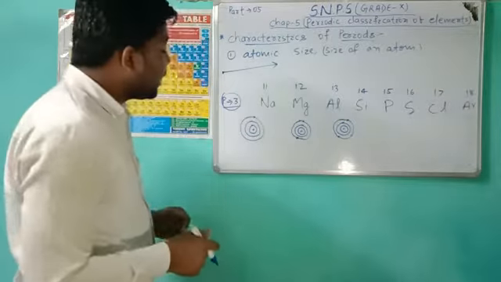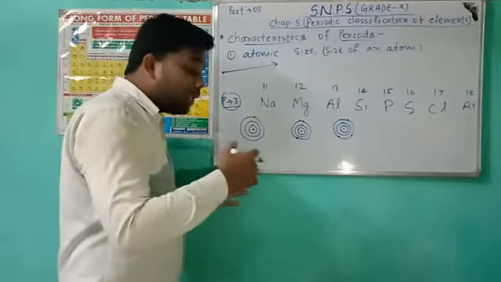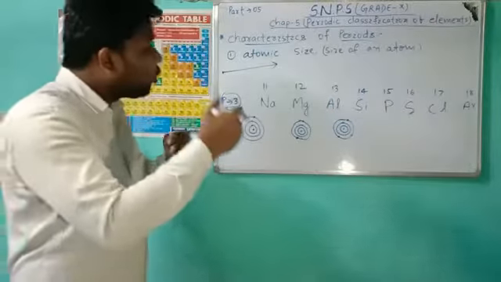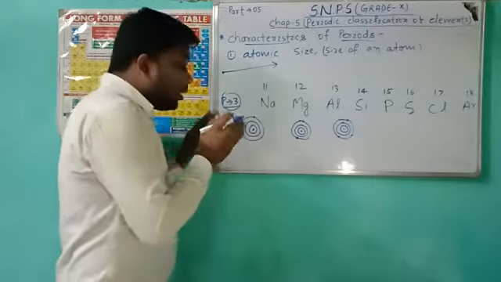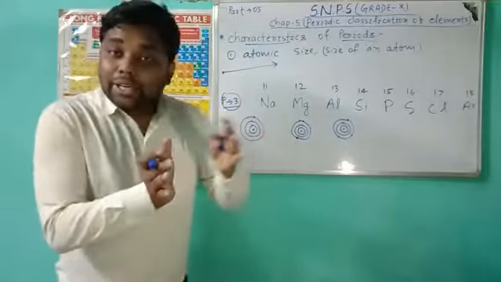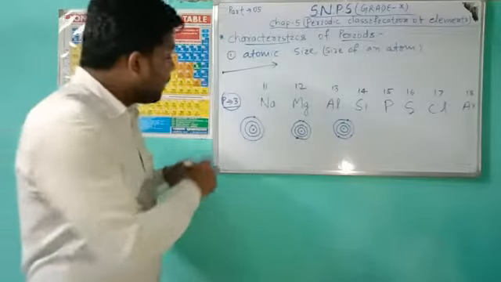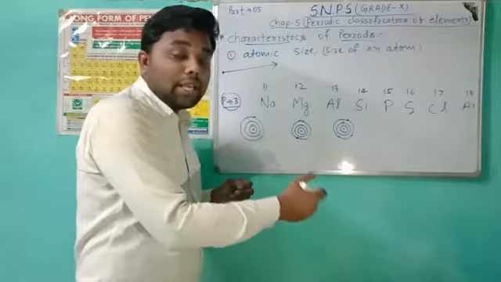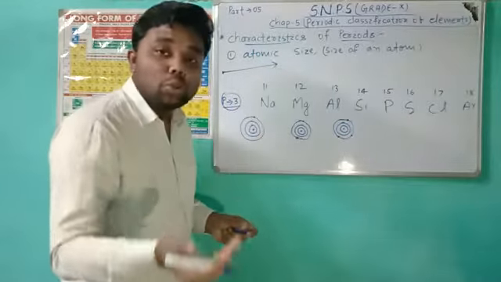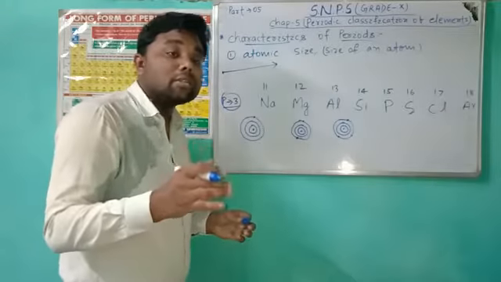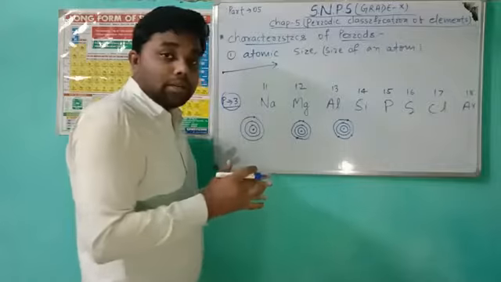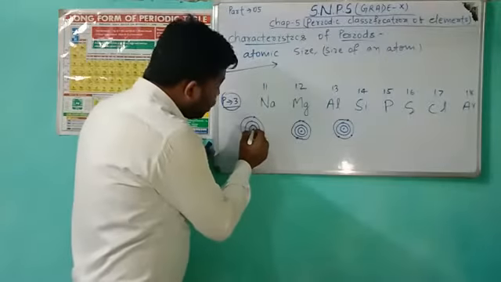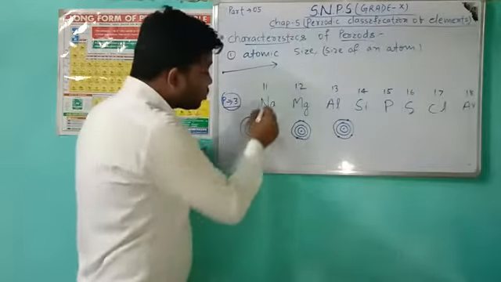So we can say that the atomic number regularly increases. It's all about the attraction force. When the number of protons increases, the number of electrons also increases. We know that the atom is neutral in itself. So the attraction between the nucleus, I am talking about sodium,